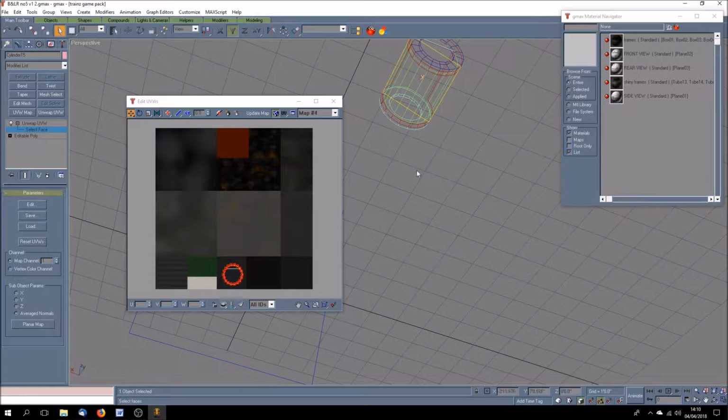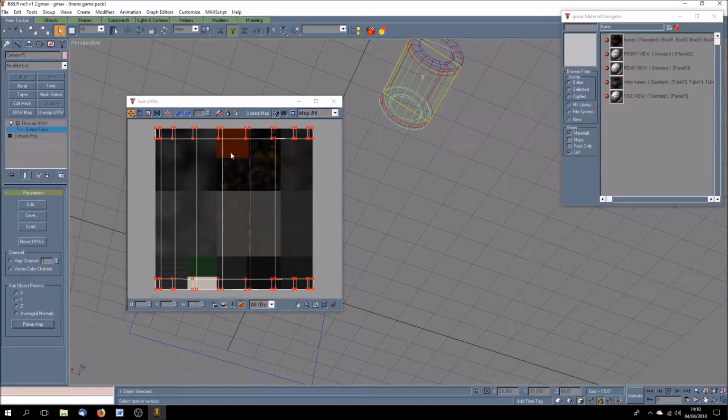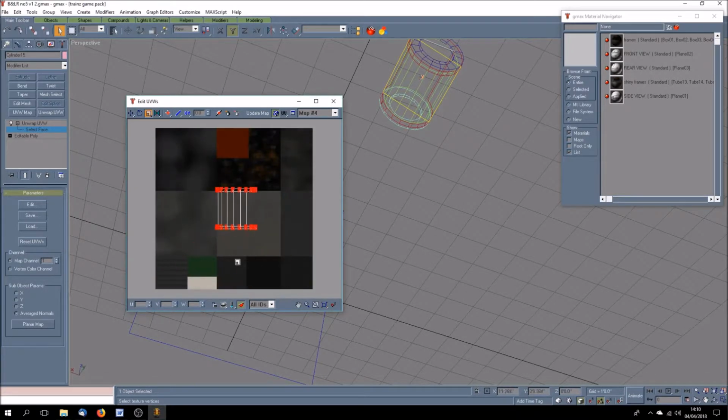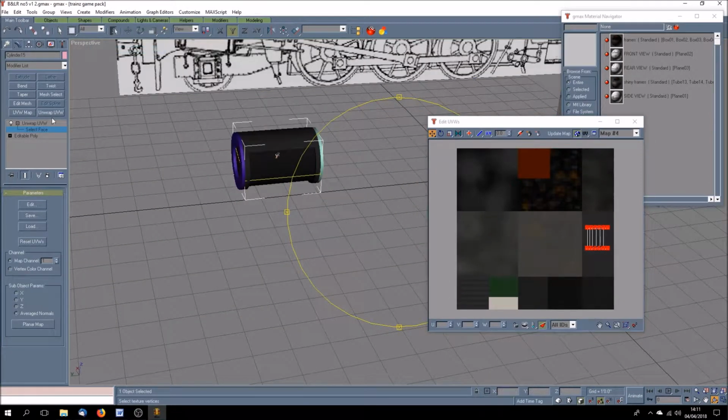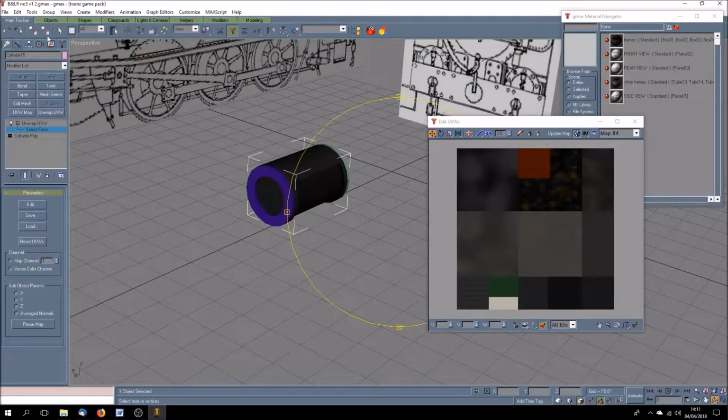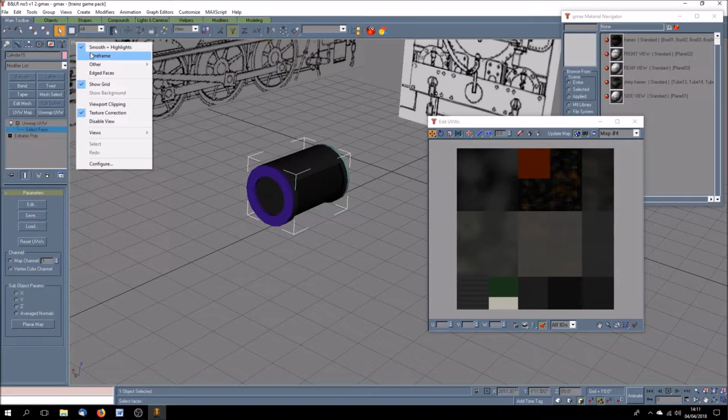4. Okay. So if I just use this button down here just to show the ones I've selected, plain, take it down, stick it over there, and then you use that one for the outside of the wheels. Let's have a look in smooth and highlights, and you can see there that you've got a differentiation between the face in here and the face here. If you go back to wireframe,